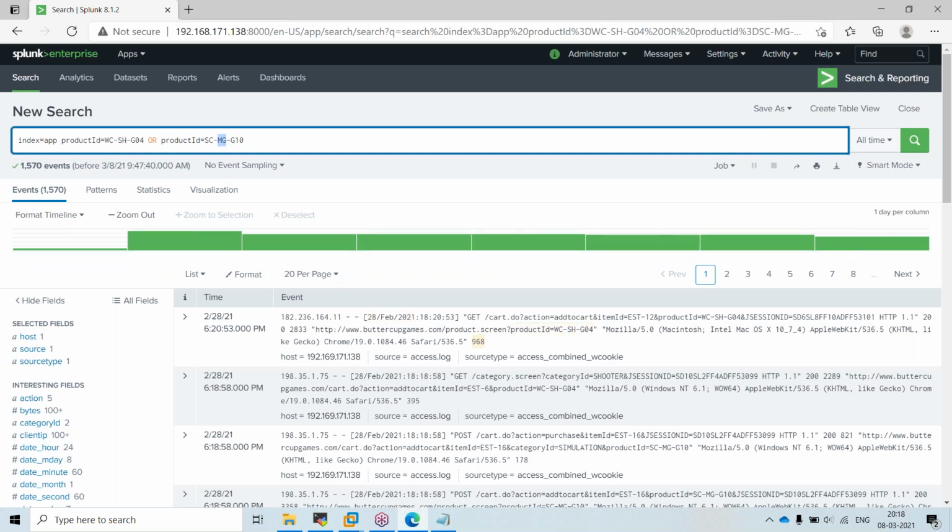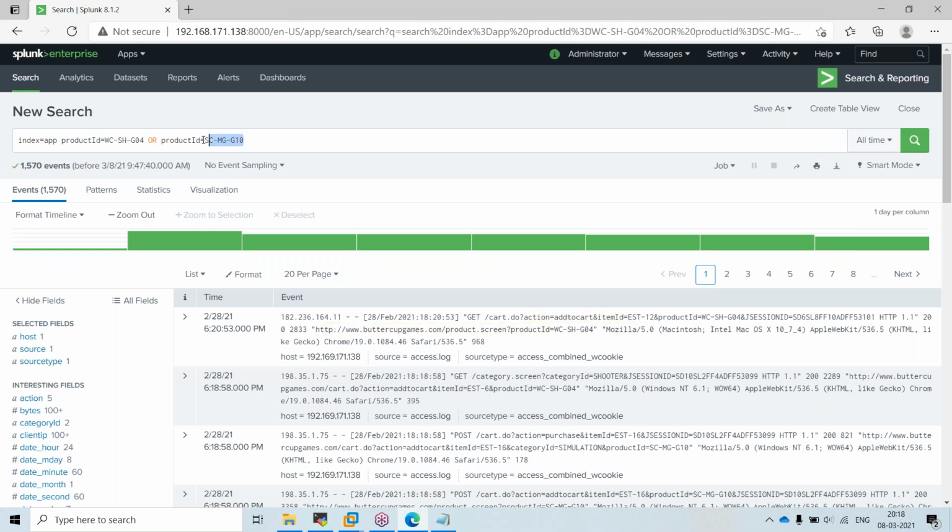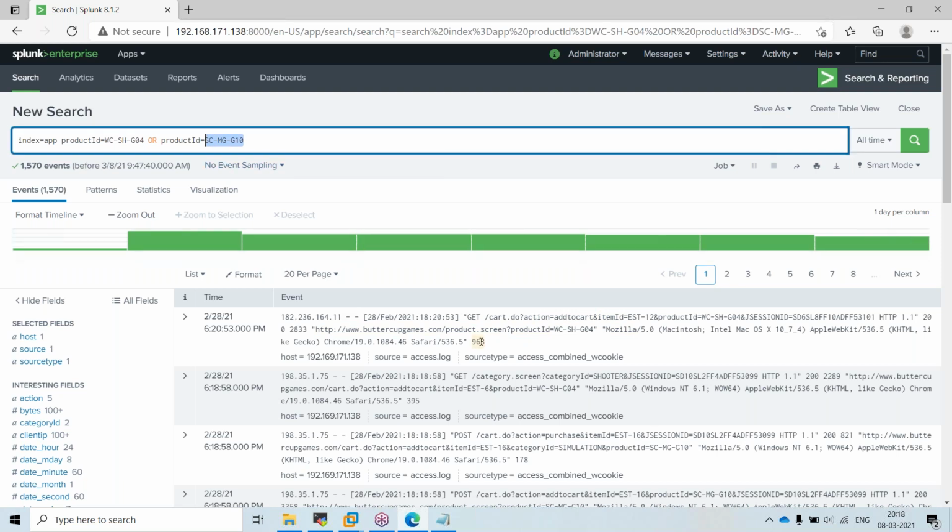If it is displayed in the non-key value pair also, if the same string whatever I'm having here is present as an extra line, it won't detect. Okay, understood? Any doubt?